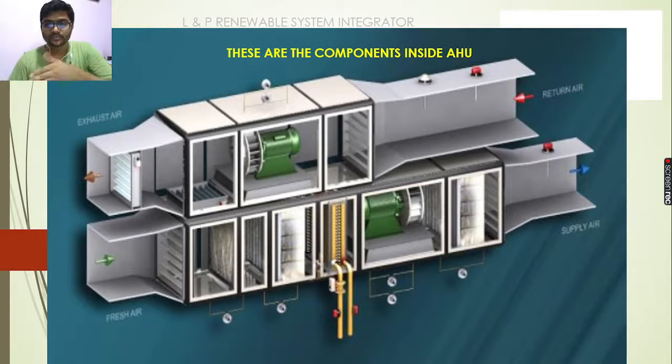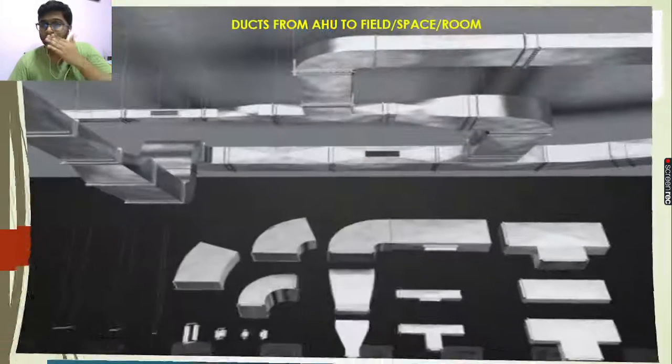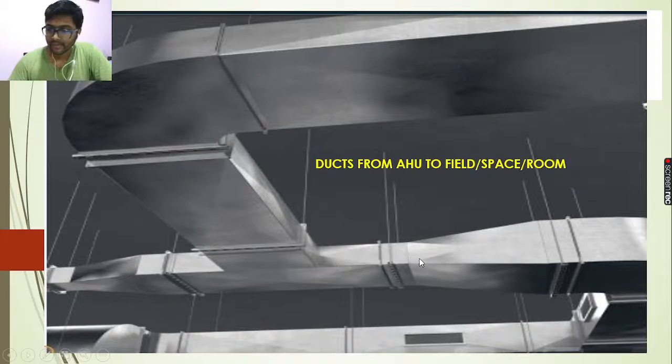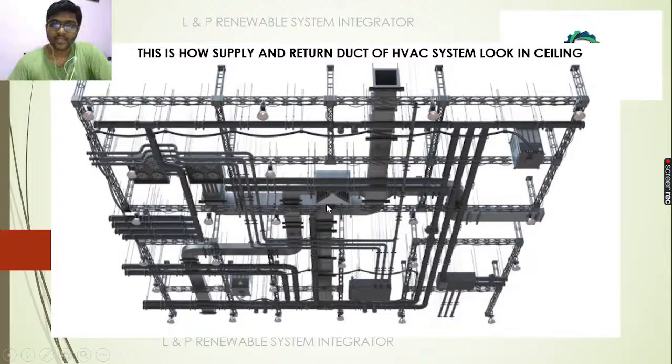Now let's get into the deeper things, how it looks. This is the duct. This is how the ducts look: supply ducts, return ducts. After installation, these AHUs will be in the plant rooms, and the ducts will serve the different parts of the buildings. This is how the ducts, fan coil units, VAVs, supply ducts from the AHUs, and return ducts towards the AHUs will look. This is the view we can see if you look in the ceiling.